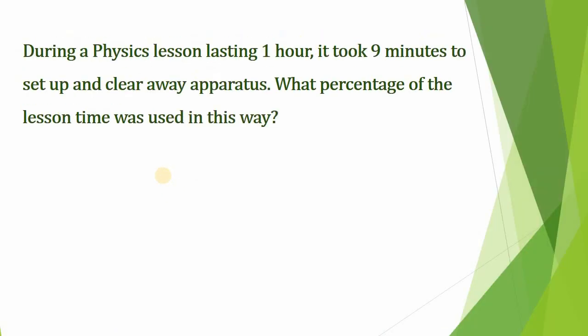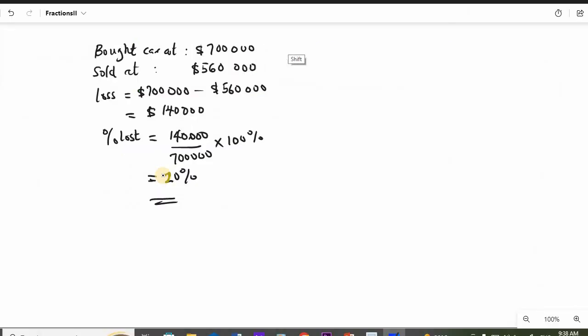Now the next example says, during a physics lesson lasting 1 hour, it took 9 minutes to set up and clear away apparatus. What percentage of lesson time was used in this way? Okay, meaning that what percentage of lesson time was used to clear away the apparatus? Alright, so let's go to our whiteboard. We're just going to draw a neat line here. Okay, so